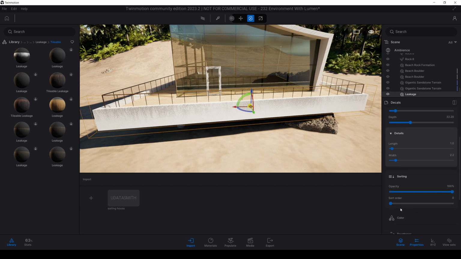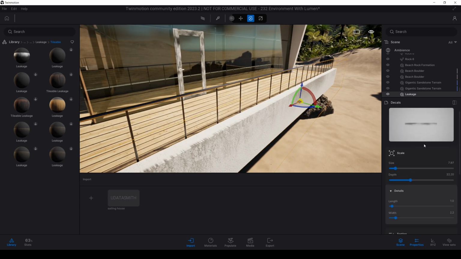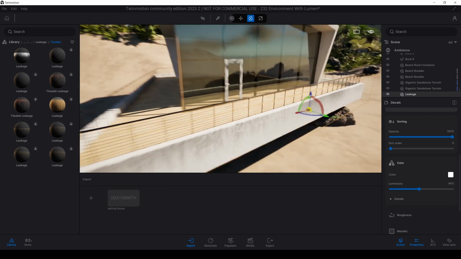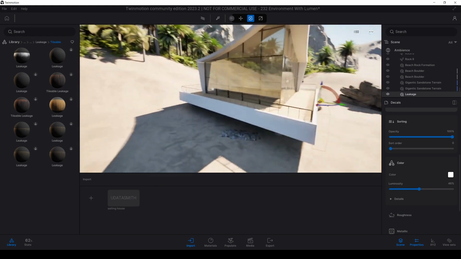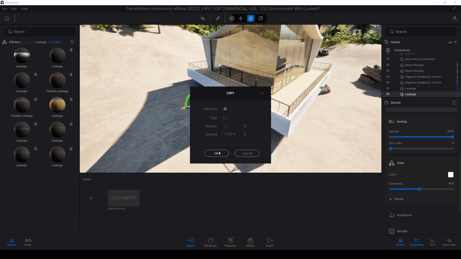And of course, we have opacity. And duplicate to this face.